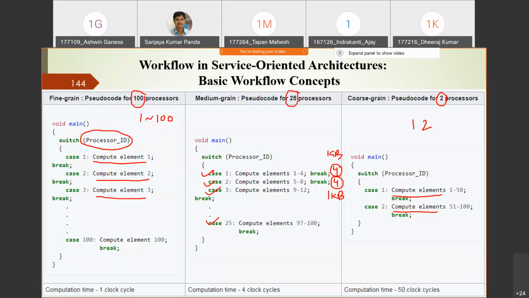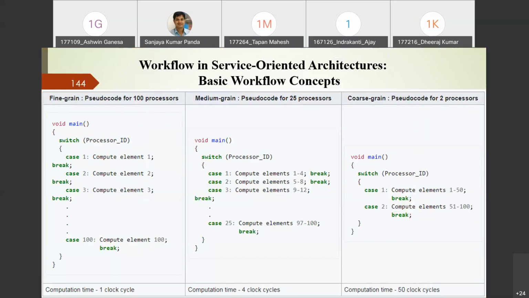But if the computational work on each processor is different, then round robin may not perform well. Just like in this case, we have divided 4 per processor, but the amount of work that each processing element is going to do has a huge difference, right?